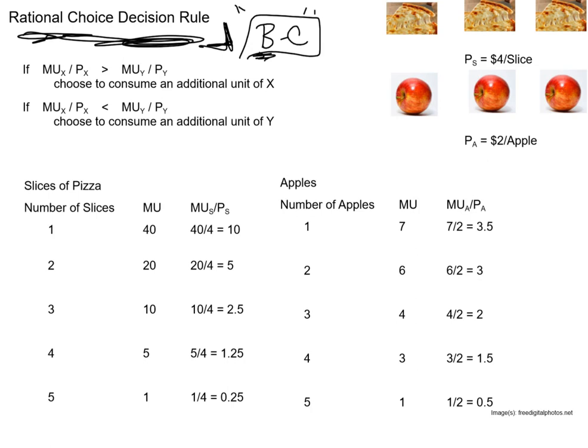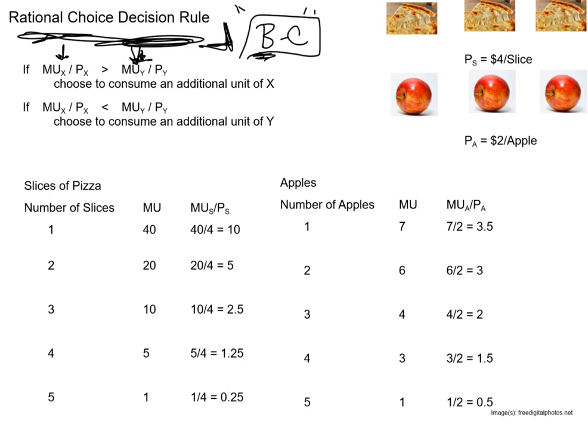The way that we do this calculation, and this is what the Colander book calls the rational choice decision rule, is we calculate the marginal utility of a good divided by the price of a good. And if you've got multiple alternatives, if you calculate the marginal utility divided by price for two different goods, whichever has the highest marginal utility divided by price is the thing that you should consume extra of until all of your money is spent. You just follow that rule of calculating marginal utility per price, and that will get you to the optimal level